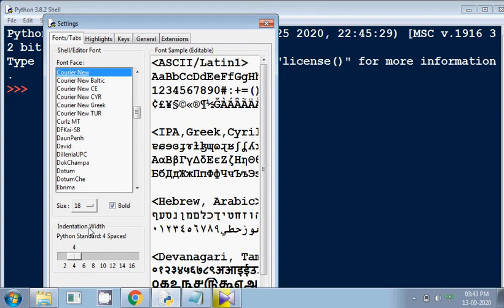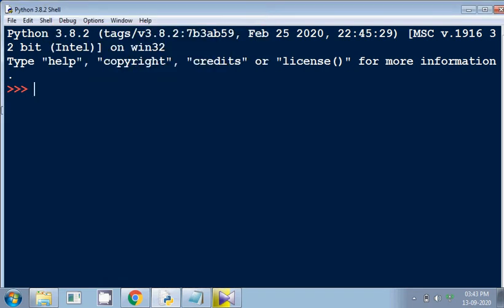Python is all about indentations. We'll be discussing indentation more, but as of now I'll be using the indentation as 4 spaces. So you can do the settings from this particular section. This will be the IDLE presented to you.